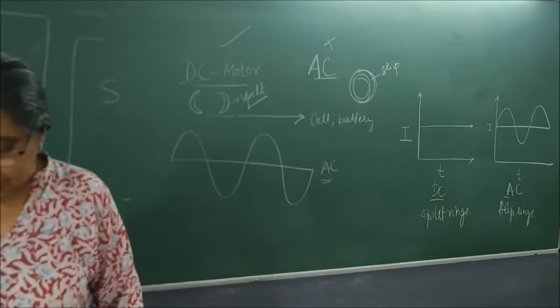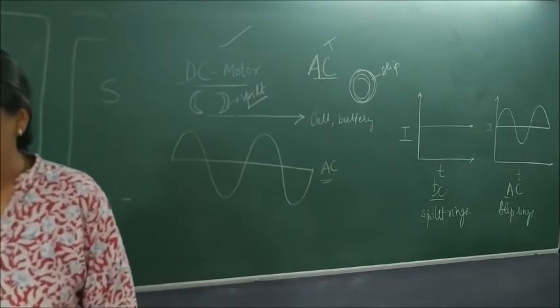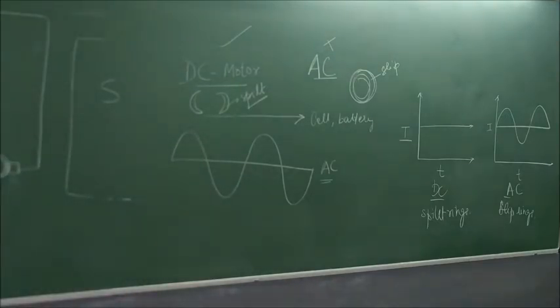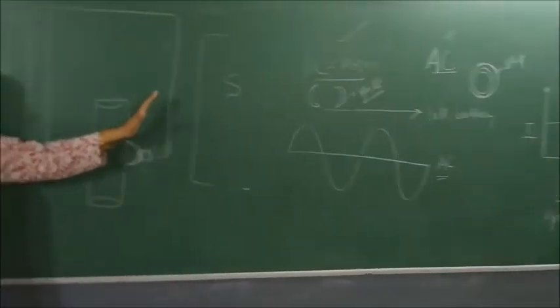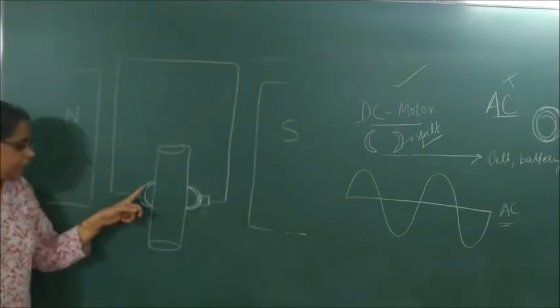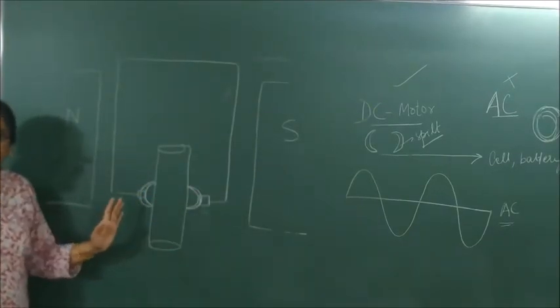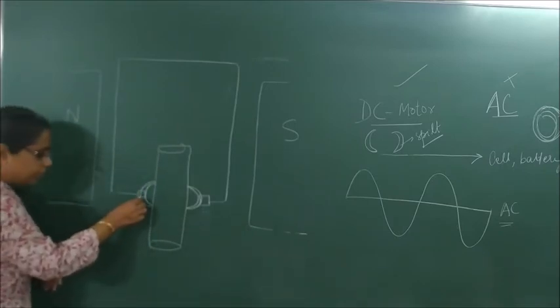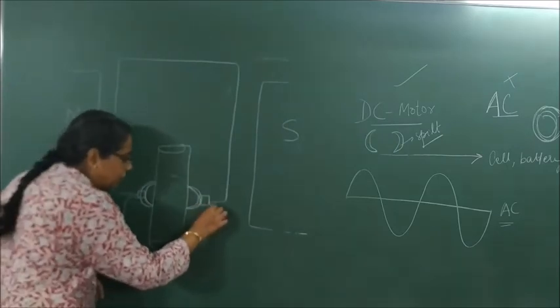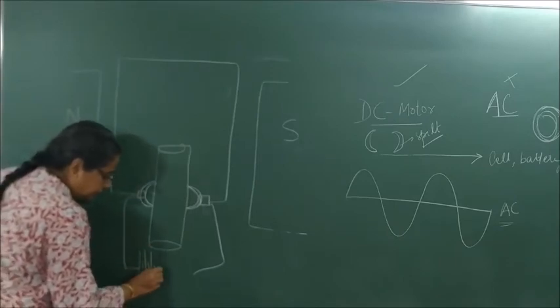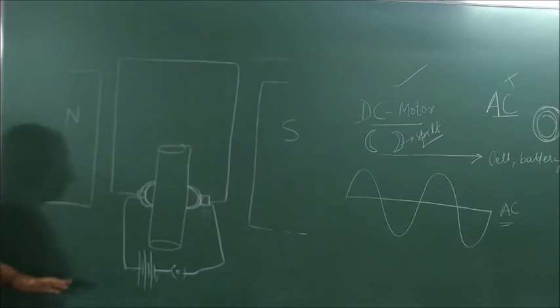So the motor we are studying here is what motor? DC motor. Okay. I have taken a magnet with two ends, north and south. We have an armature coil which is connected to two carbon brushes, and then a split ring which is connected to the axle. The axle will rotate. Then this brush is connected to a cell or a battery using a plug key. This is the construction of the motor.